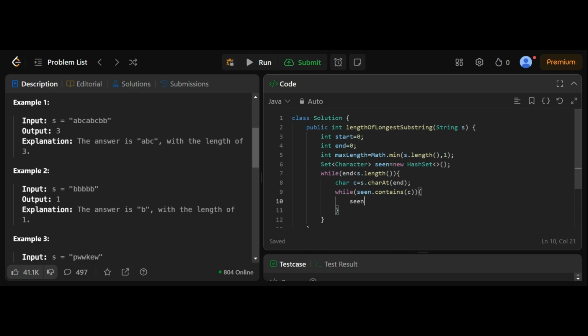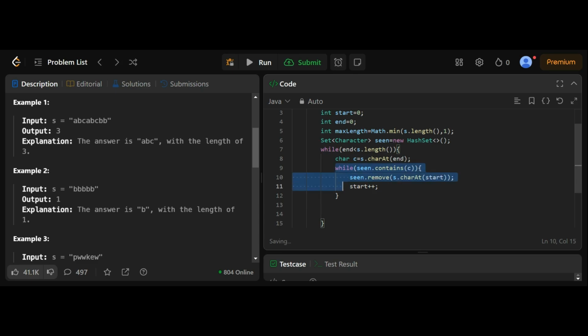So seen.remove of the character at start, and increment start. This while loop executes only when the character is repeating again. If the character is not repeating, I'll simply add it to the hash set. So seen.add of c.